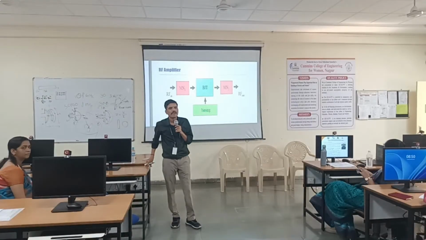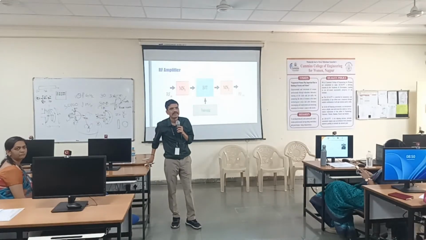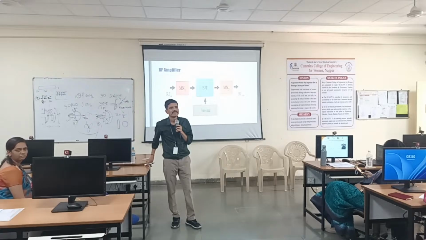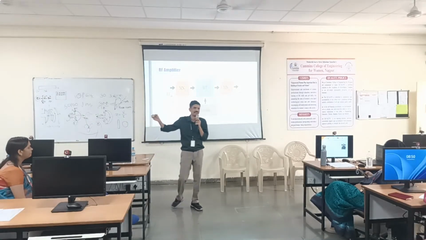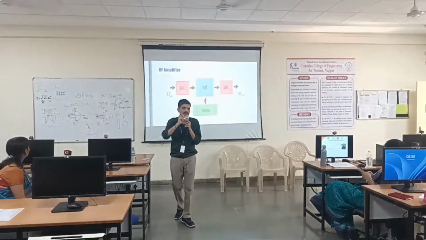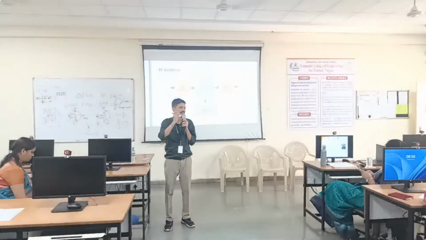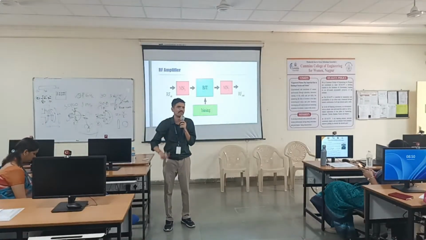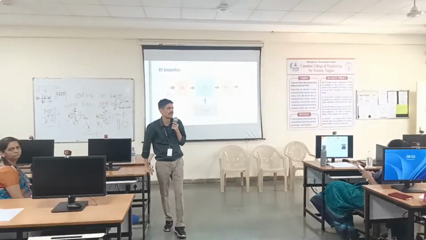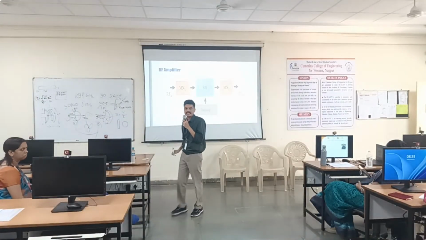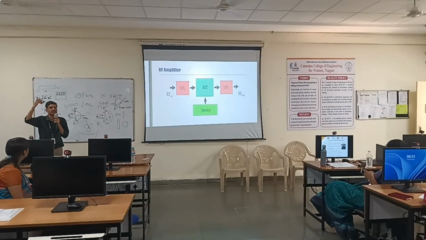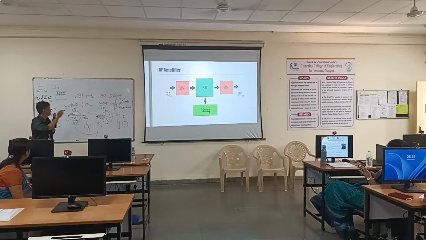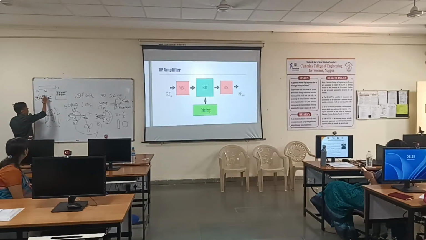Right? So can you elaborate how we will have matching by connecting a lambda by 4 line? You have to go for a mathematical derivation. That is what I have asked you. When I used to teach the lambda by 4 transmission line, it is in unit number 4. It is there in Kulkarni or Liao, any book you can pick up. The way you have the impedance equation for a lambda by 4 line or a lambda by 2 line, short circuited or open circuited, if you find the impedance of a lambda by 4 line, this will be the equation.